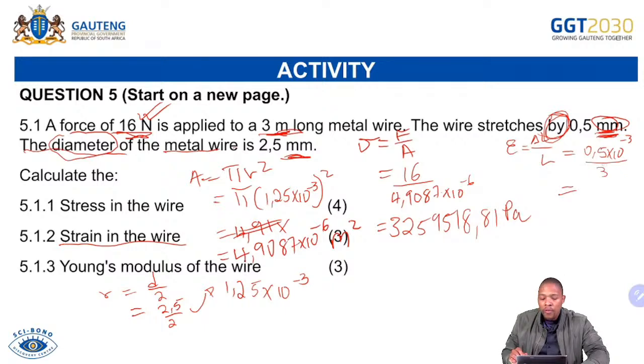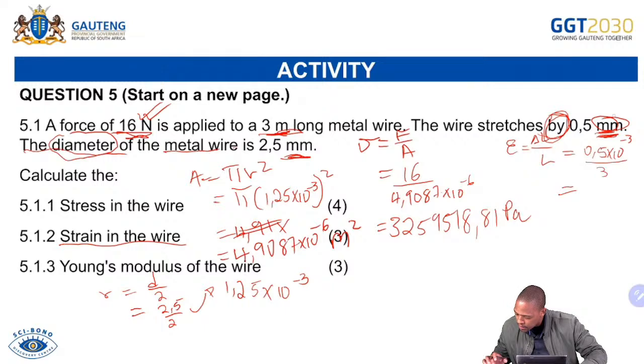I have to convert in this case. I can't use that method of saying I can choose whether to convert or not. No, in this case I have to convert. I'm repeating because the units are not the same. For those who are aware of that, 0.5 times 10 to the power of negative 3 is my change in length because the statement said it changes by this, all right? Over the original length, which is 3,